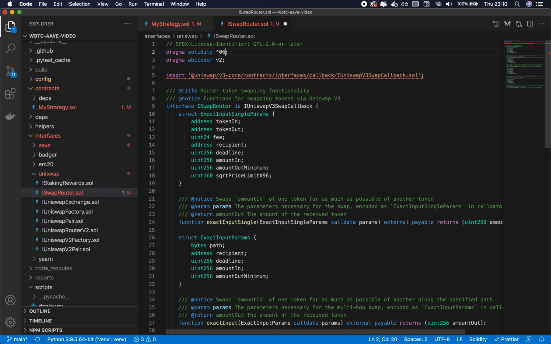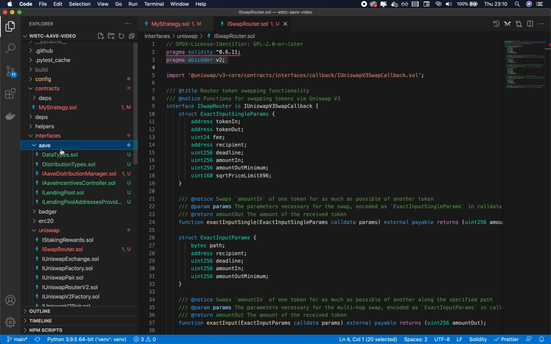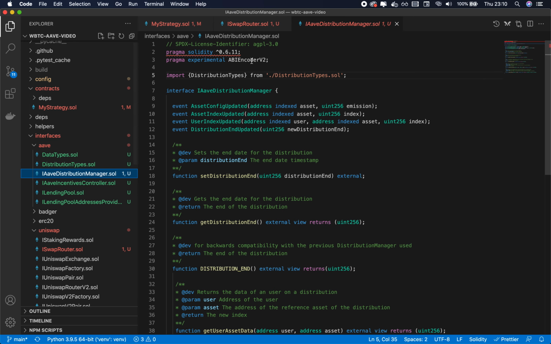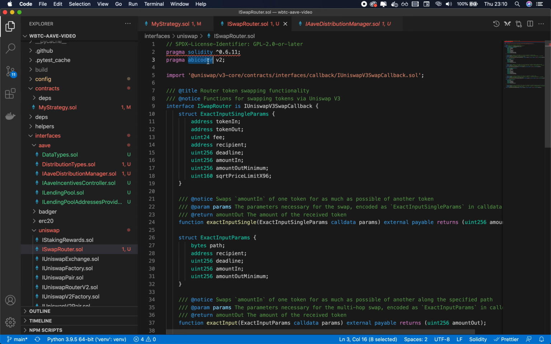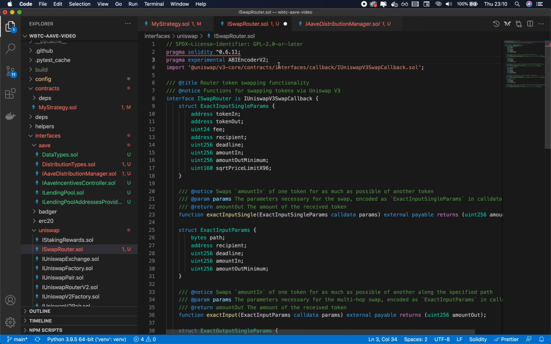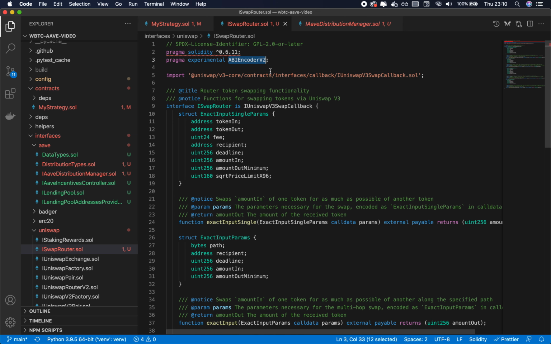And since we're using an older version, we also need to change the ABI coder here. This syntax is too new. Let's go on AAVE, because I believe we already used it with the ABI encoder v2. This is the syntax you want to use. So change pragma ABIEncoderV2 to pragma experimental ABIEncoderV2,